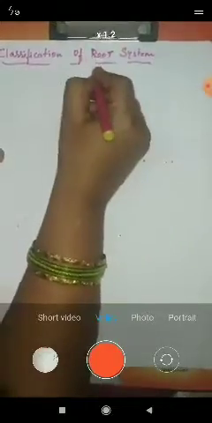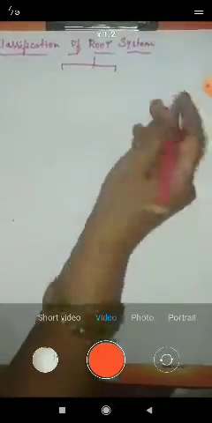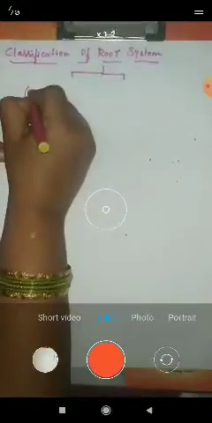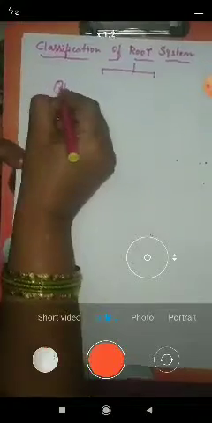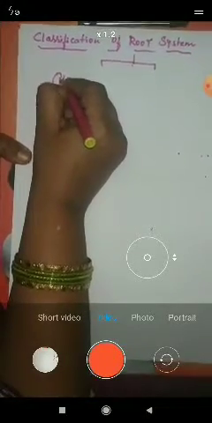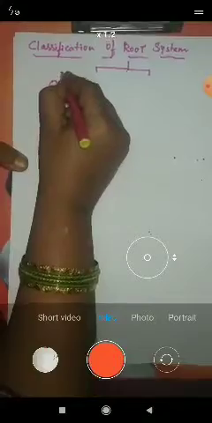Now, in the first type of the root system, we can observe that, as we know that there is a seed, as the seed germinates, the seedling starts growing. As the seedling starts growing, here we can observe the part of the plant which grows towards the soil. This is called the root, and the part of the seed which starts growing above towards the sun, we call it the shoot.